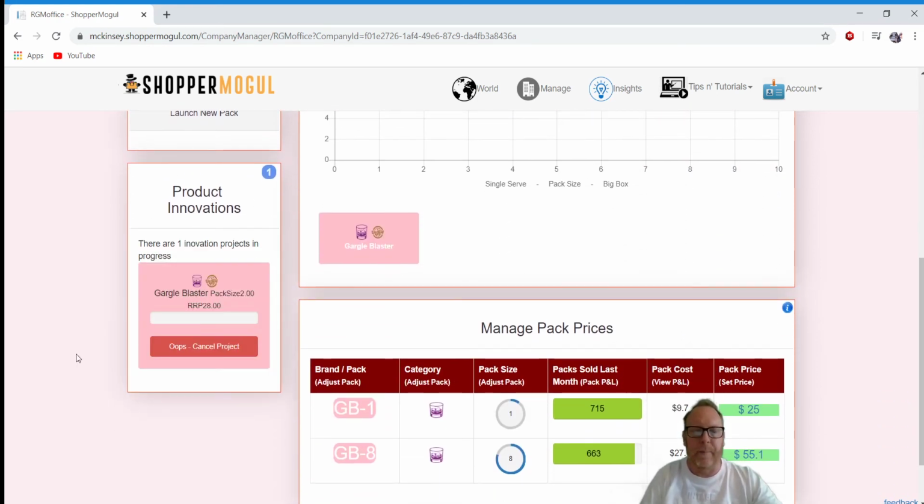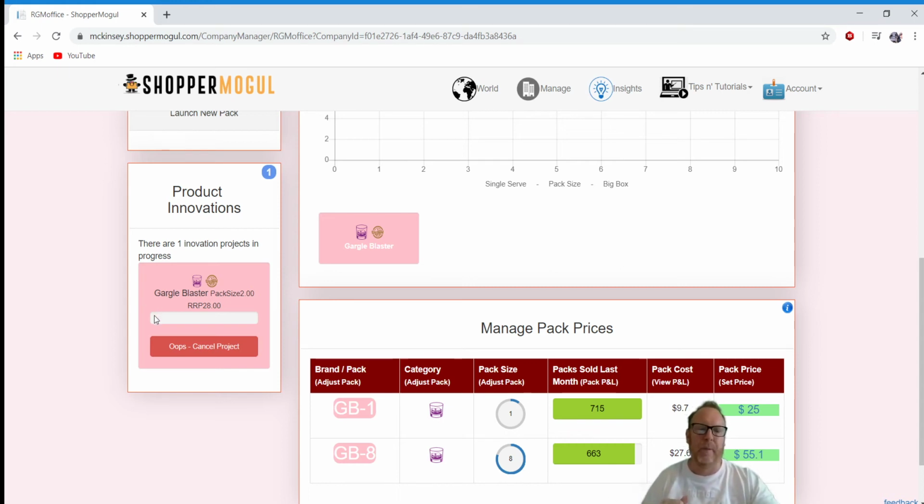project. Now, unlike when we changed the price by clicking here, changing the price but keeping the pack the same instantly changes the market. Changing the pack requires a little bit of time. So we've set our strategy, we've said we want to turn this into a 2-pack, which will sell at that price, and that then triggers a whole load of instructions to your supply chain team to go and purchase the glass, to set up the machines to produce it, and it's going to take you a week of game time